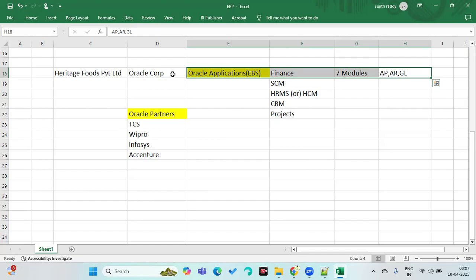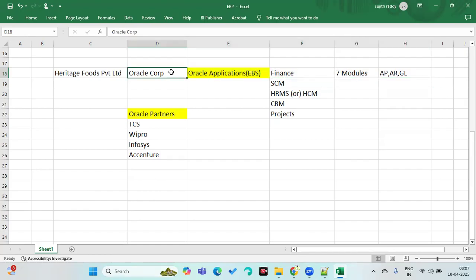When you install the software, you will see only zero data. There is no information, because Oracle company developed this software for all the clients, for all the customers. So in this software, there is an application that you are supposed to customize according to your requirement. That is what actually our project is.